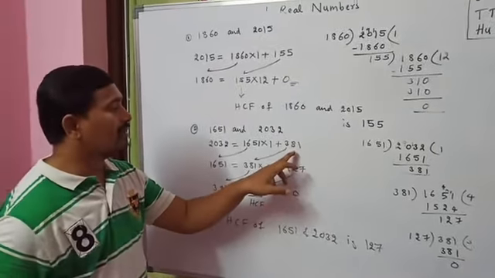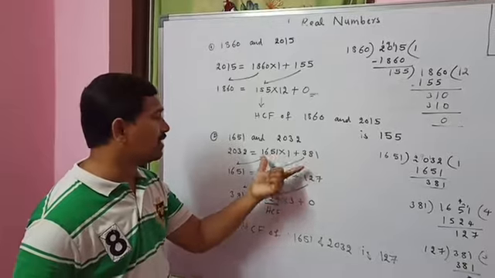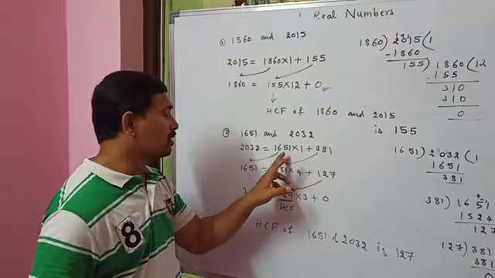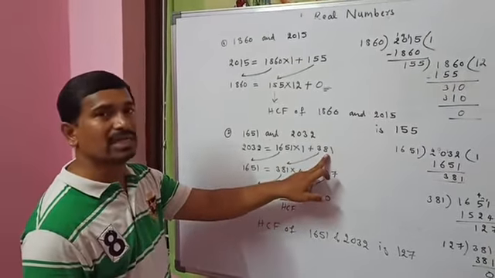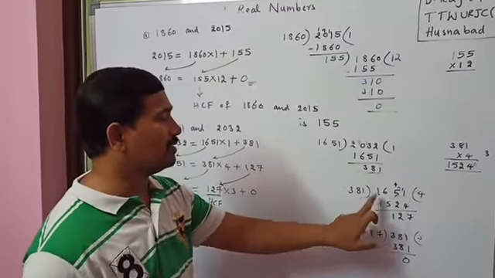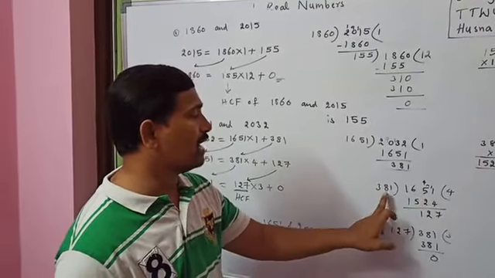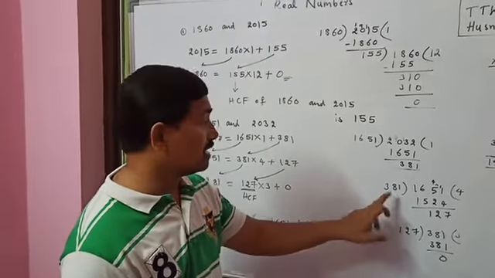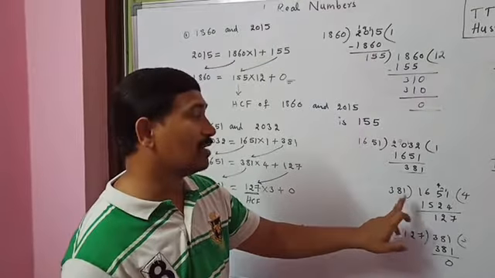Here again the remainder is not 0. So proceed again with the division algorithm for these two, the divisor and remainder. Again take 1651 as the dividend, and take 381 as the divisor. Divide 1651 with 381. 381 fours: 3 fours are 300 into 4, approximately 1200. Then 80 into 4 is 320. 1200 plus 320